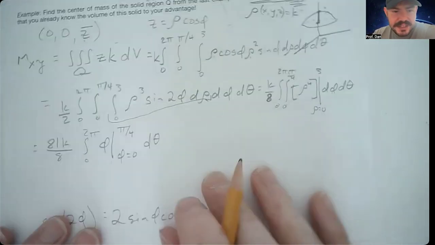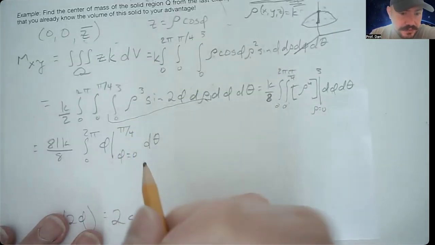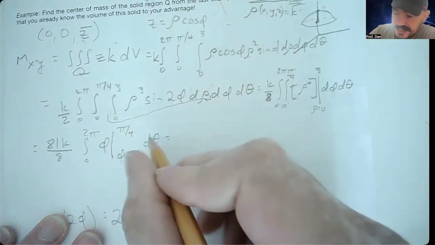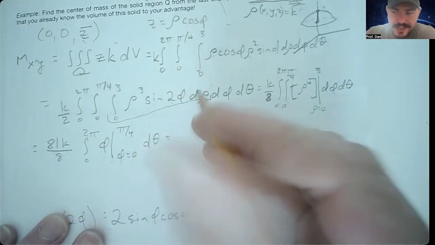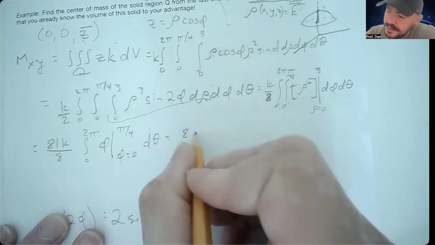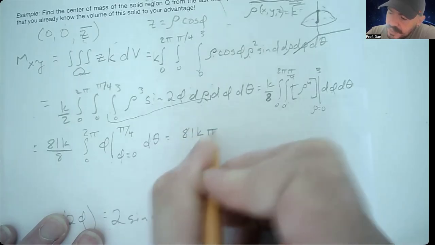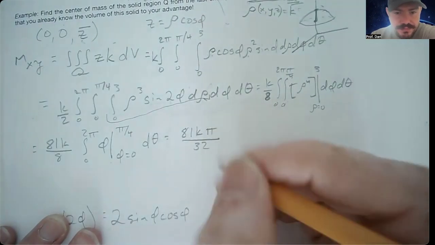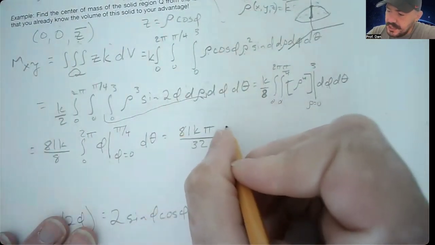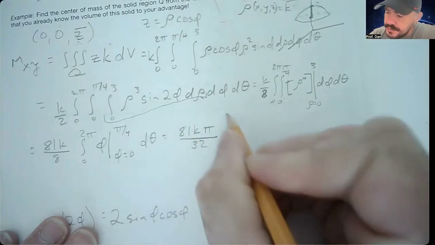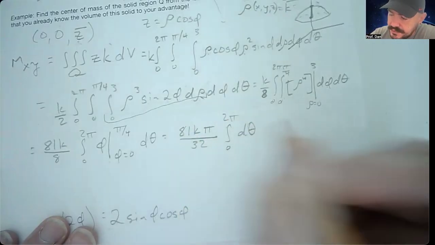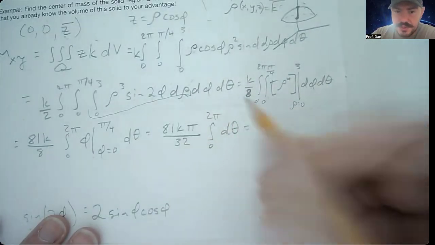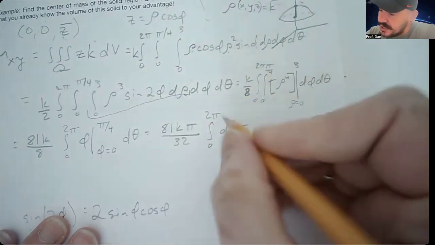And when I evaluate that, guess what? I end up getting pi over 4, which is also a constant, which can come out front with the 81 over 8. So now we have 81k, we have pi over 4, 4 times 8 gives me 32. And then we're just taking the integral from 0 to 2 pi of d theta, or 1 d theta, which would just be theta evaluated from 0 to 2 pi. So I end up with